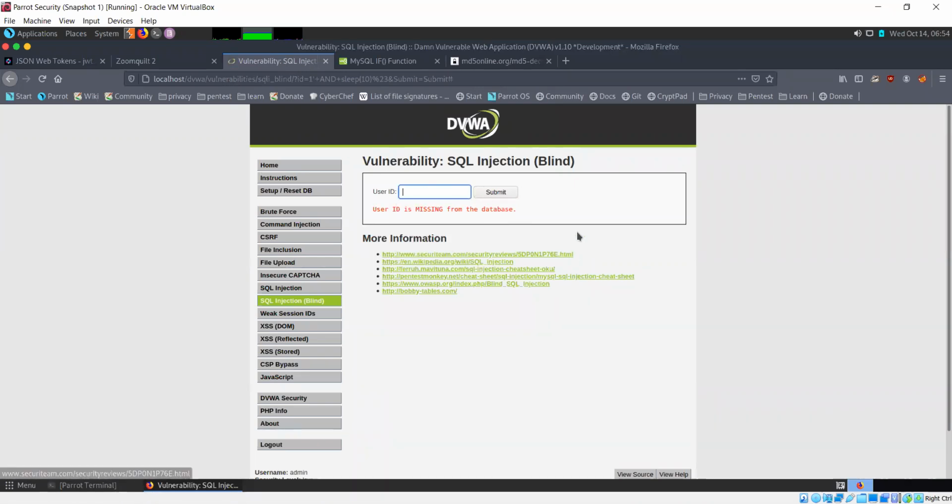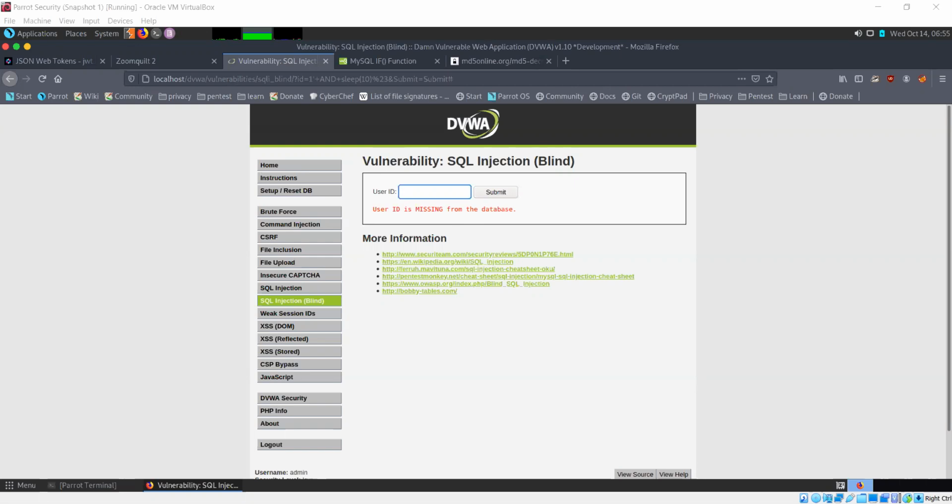So now we know that this server, this web application, is vulnerable to time-based SQL injection because we mentioned a sleep, a time delay of 10 seconds, and it followed that. So the sleep command worked here. So this is vulnerable to this time-based SQL injection. And in this case, I'm going to give you another example.